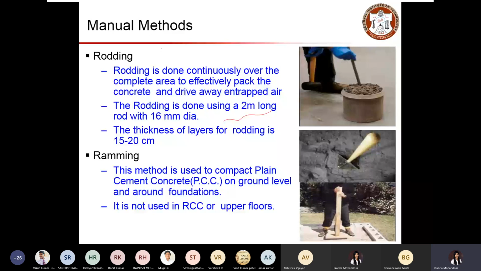Stamping is applicable for plain concrete on ground level and around foundations. Typically this is not advisable for reinforced concrete structures because the compaction may not reach a certain depth, and mostly this will be just like plain concrete. If you want to compact the ground level, you can use it. You might have seen this kind of compaction in your houses or surroundings, especially in simple applications like gardening or farming. There you can see people using this kind of method to level and compact the ground.